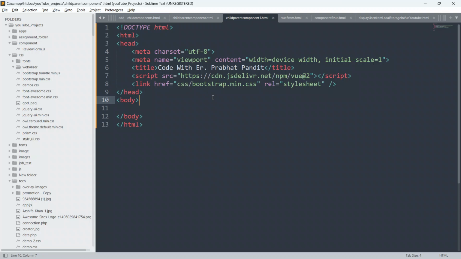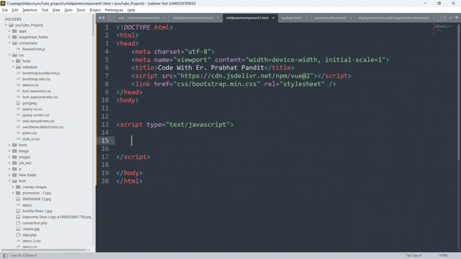Okay, so first of all guys, I'm going to create a script tag, because we have to write a script in Vue.js, and I will explain each and everything. Just be here guys, trust me, and I promise you that from this video you will know how a child component can send a message, a signal, to its parent component, how the parent component is going to receive that message, and how we can display that message to our user in the UI.